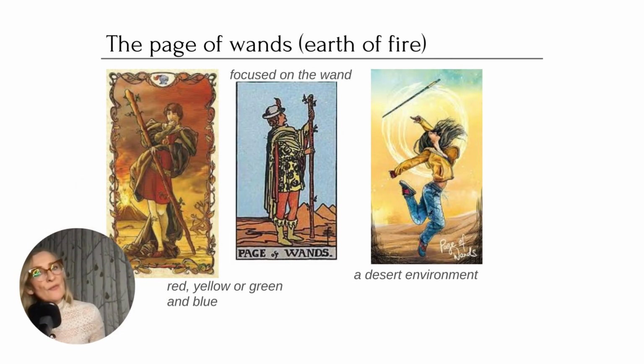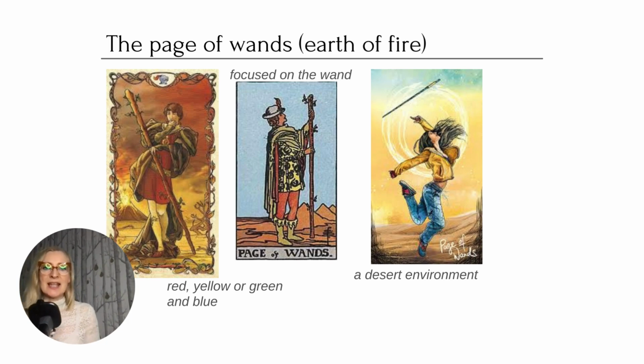Well, we've come to our fourth and final of the pages, which is the Page of Wands. And it's definitely a question of last but not least, because this is Earth of Fire. And the Page of Wands knows how to make himself or herself noticed. Right, we can see just generally when we're looking at the card that in the traditional Rider Waite Smith, we see the Page of Wands looking at the wand. So it's almost like the child getting to know their own power and going, oh, what can I do with this?